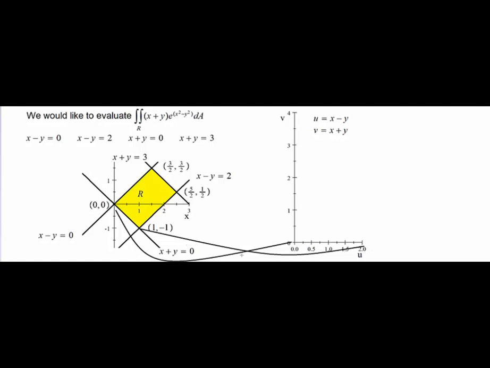Likewise this point (3 over 2, 3 over 2) gets mapped here, and then (5 over 2, 1 over 2) will get mapped at